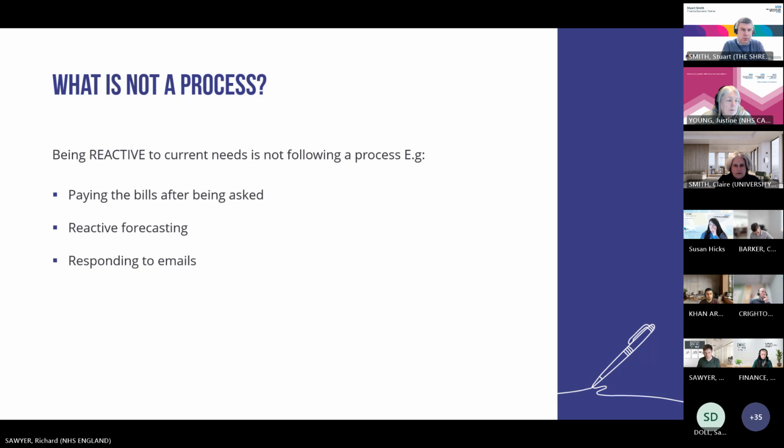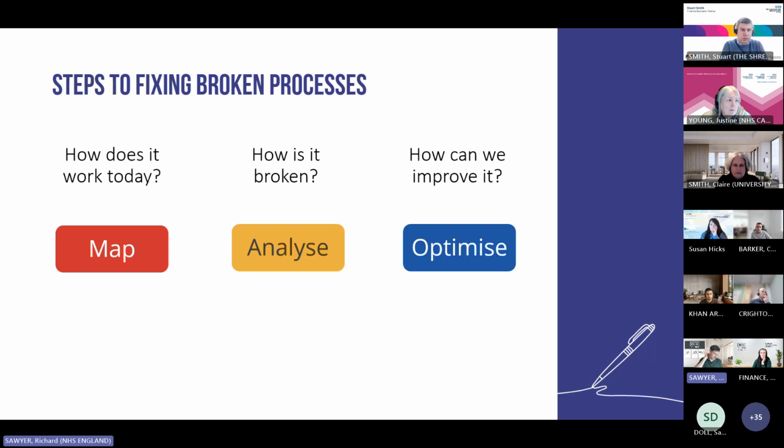Okay. So when we think about how processes exist, generally what we find is that what you think is happening with a given process is not what is actually happening. And only through mapping that process step by step can we start getting a written down, concrete idea of exactly what is happening with a given process. And we go through the following stages: map, analyze, and optimize.